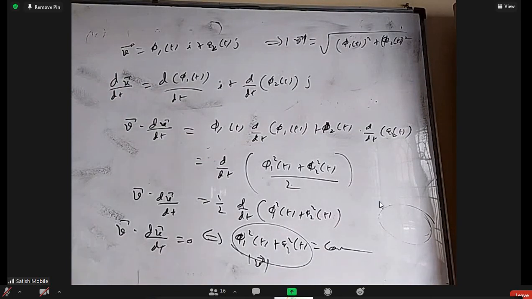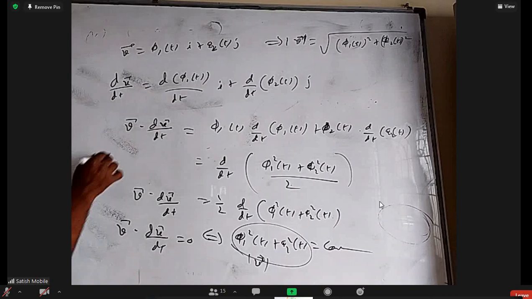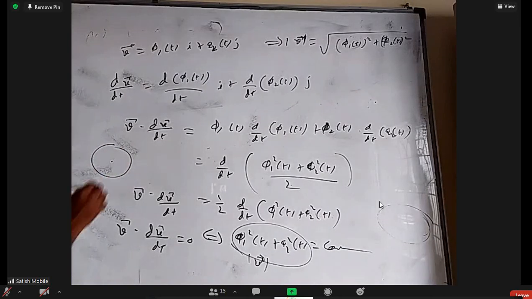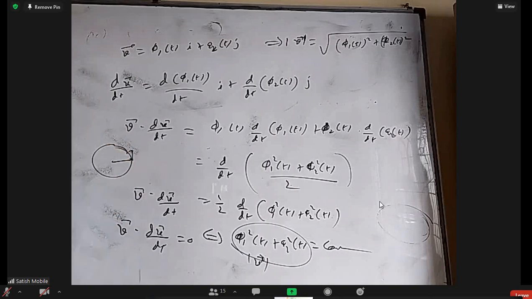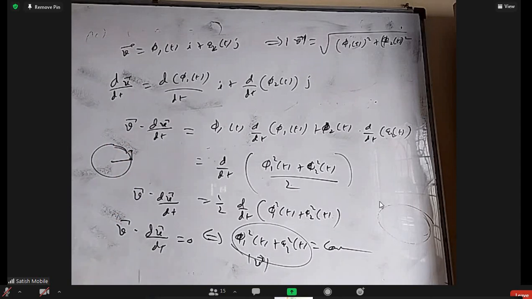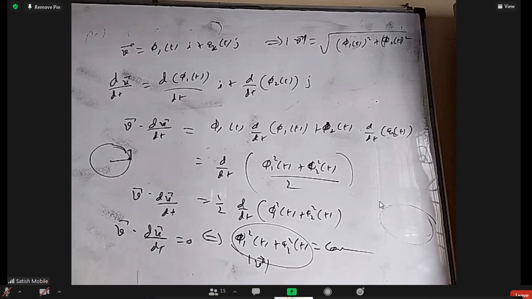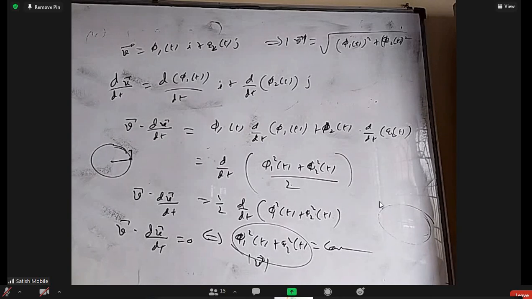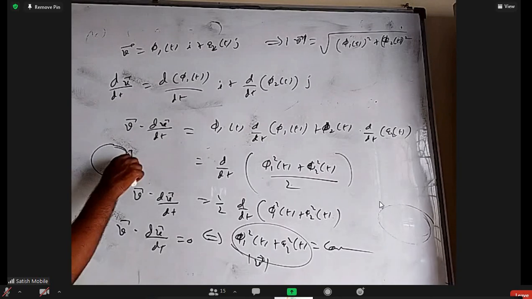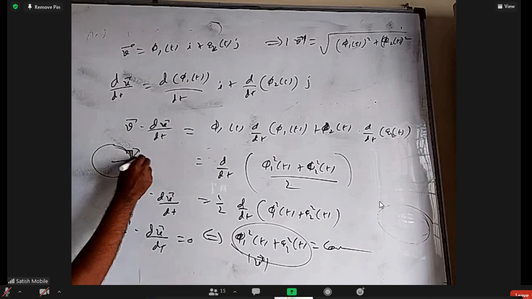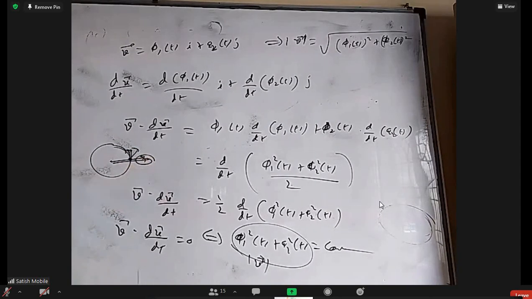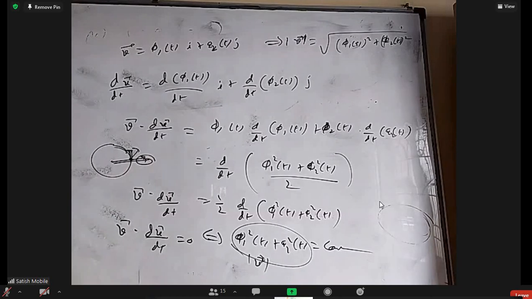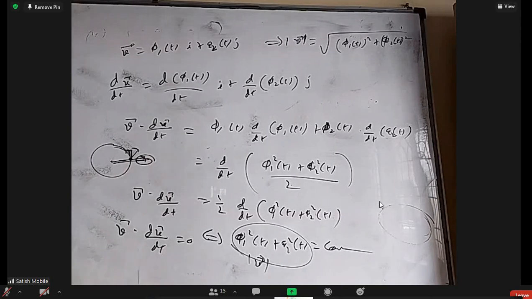Basically, I think what they're saying is, in a circular motion, when you apply a force on a particle always perpendicular to it, you can say the magnitude of velocity doesn't change. If it is not perpendicular, there's an angle, so there will be this component. Due to this component, the velocity in this direction has to change. I'm talking about the radial acceleration and tangential acceleration.